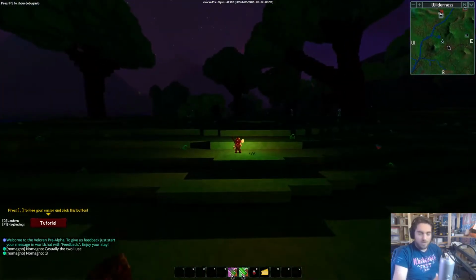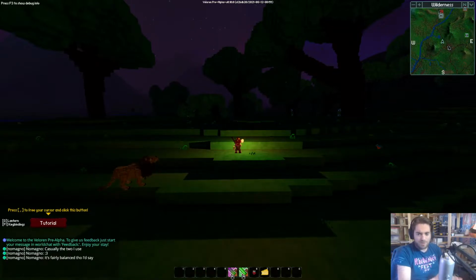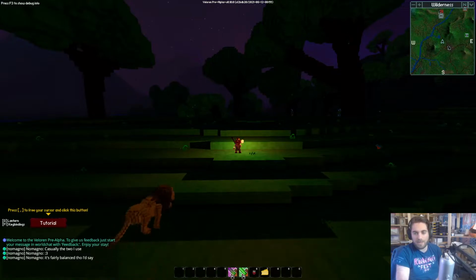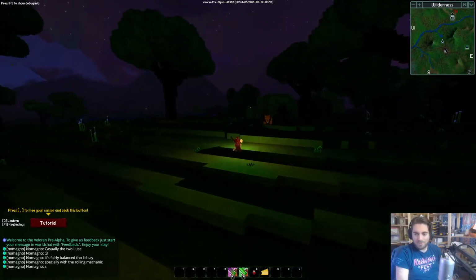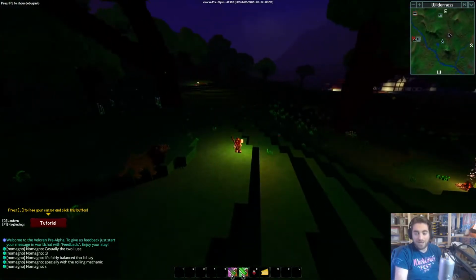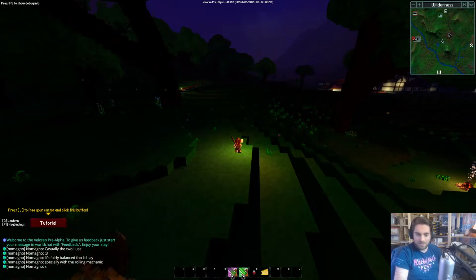So Veloren, for anybody who doesn't know, is a game that's built in Rust, pretty much from the ground up. I think actually at this point, since we're using wgpu now, we're definitely a lot closer to having the full thing written in Rust. And there's a large team around the world who's working on this. And we actually have our 0.10 release today, which we're expecting to be pretty big.